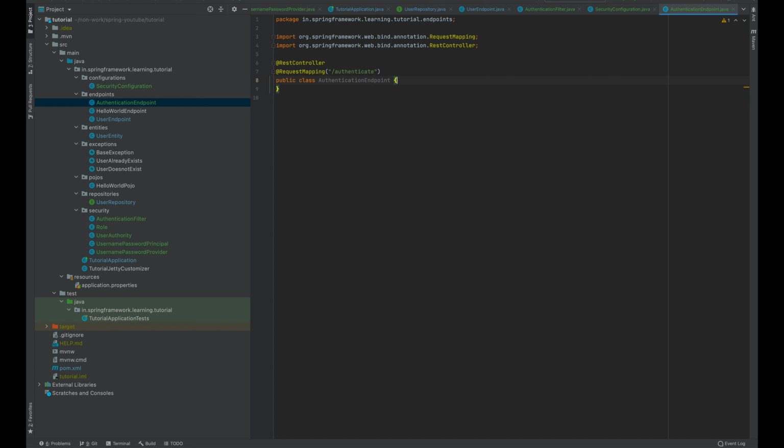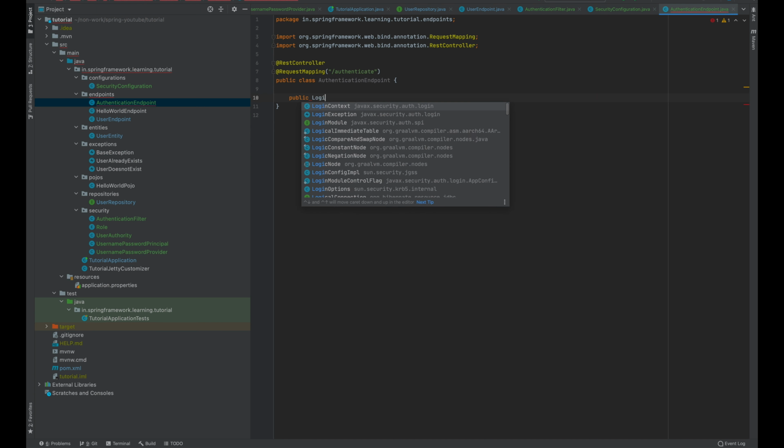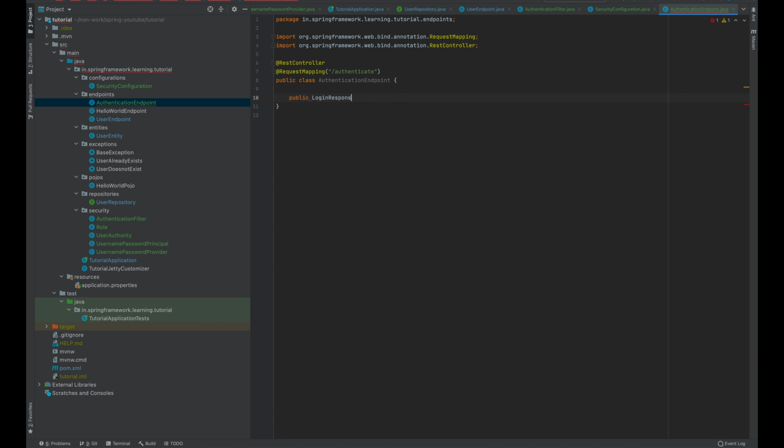Now for now we can just define a very simple endpoint that basically returns a login response, and we will define this object login response. Method is called login,